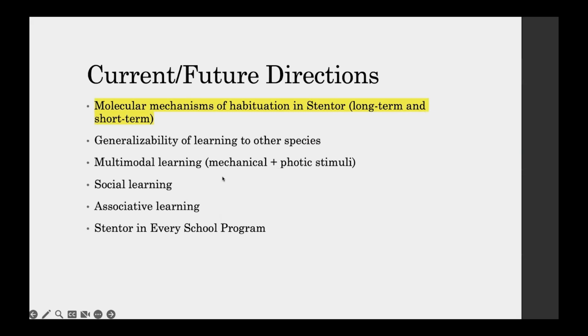So, a brief touching on current and future directions. I didn't talk about this today, but hot off the press, I'm finding out new molecules that are involved in habituation in stentor. So I talked about short-term habituation under the scale of around 60 minutes, but I've also done experiments with training the stentor for several days at a time. In fact, whenever I go on vacation, I like to keep the cells on the device getting tapped repeatedly while I'm out on Christmas break. And so that's several days, 2 weeks at a stretch,